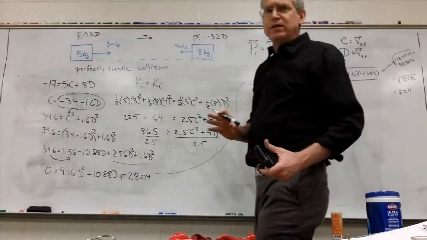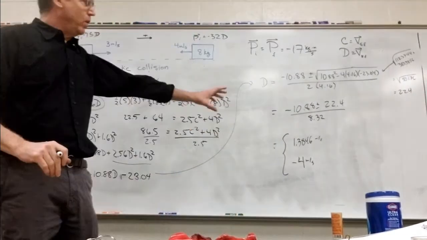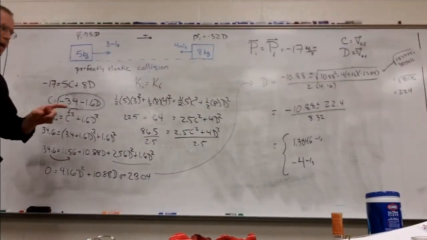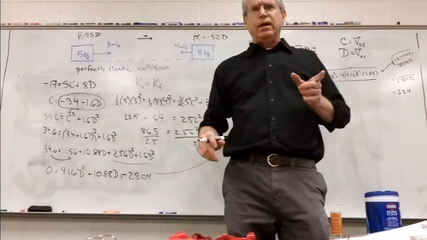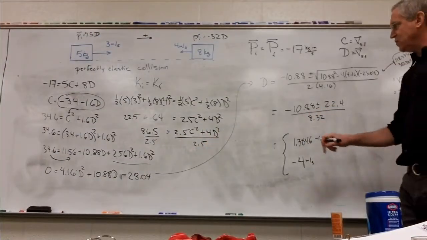All right, I know we've done something absolutely correct here. One of these solutions is legitimate, one of them is not. For a collision, if we plug in the values of D to find C,